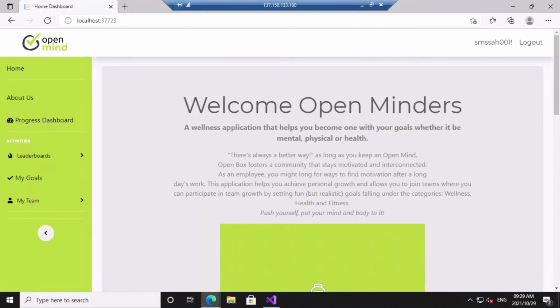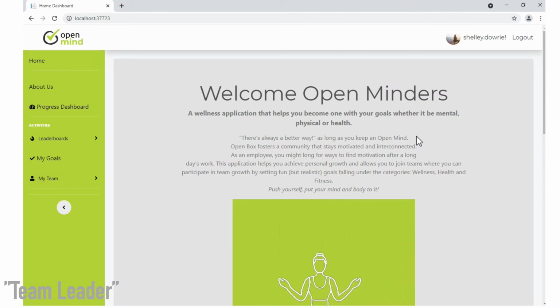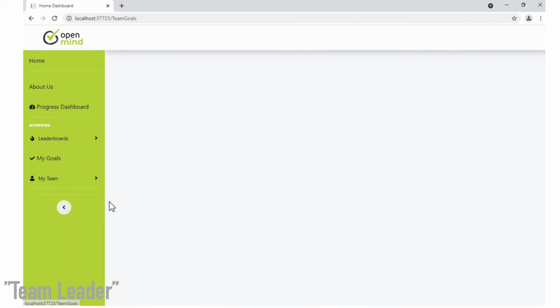So here I am logged into the OpenMind web application. I'm Shelley and I'm one of the users in the system. I've been assigned the team lead role, which basically gives me more functionality and access to things compared to that of a basic user. If I navigate to the My Team tab, I can click on Team Goals, and this